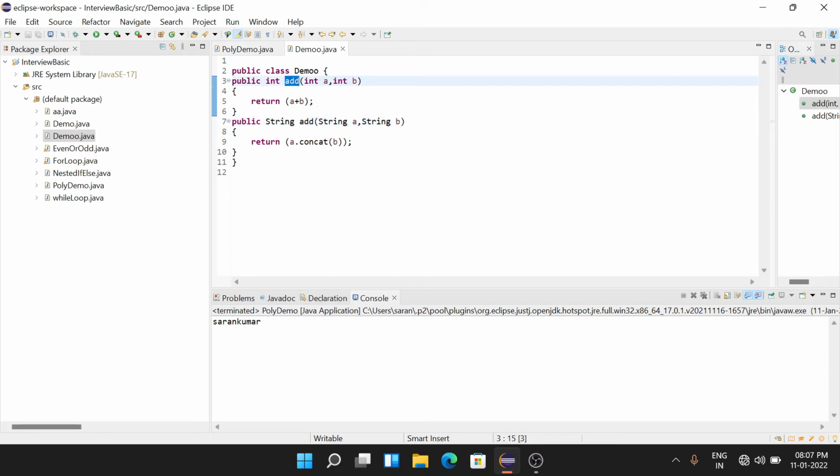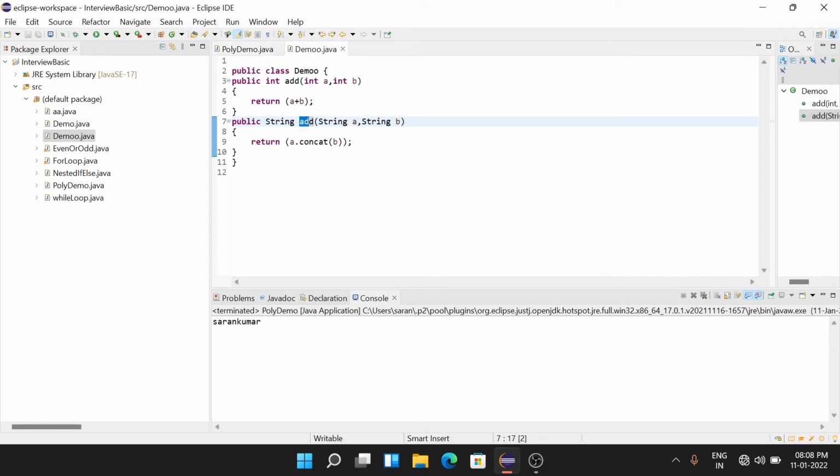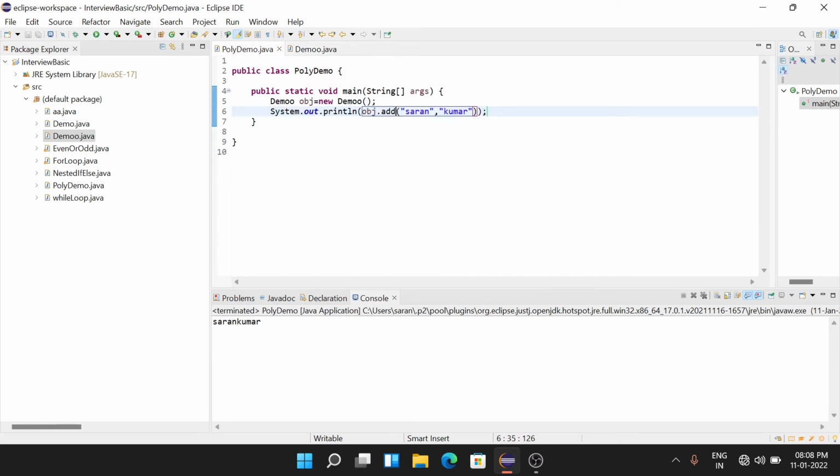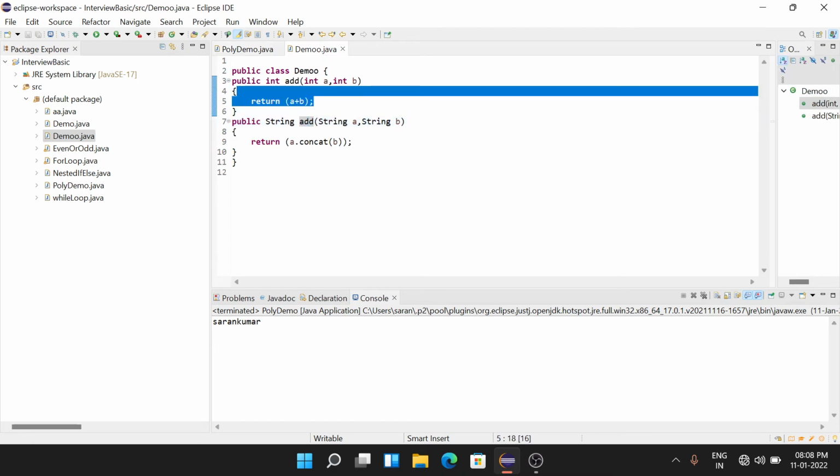There are two add methods, and then it checks the parameters. Here I am giving string and string, so it executes the concatenation method. If you give integers, it does addition. So the method name is the same, but it behaves in different forms.